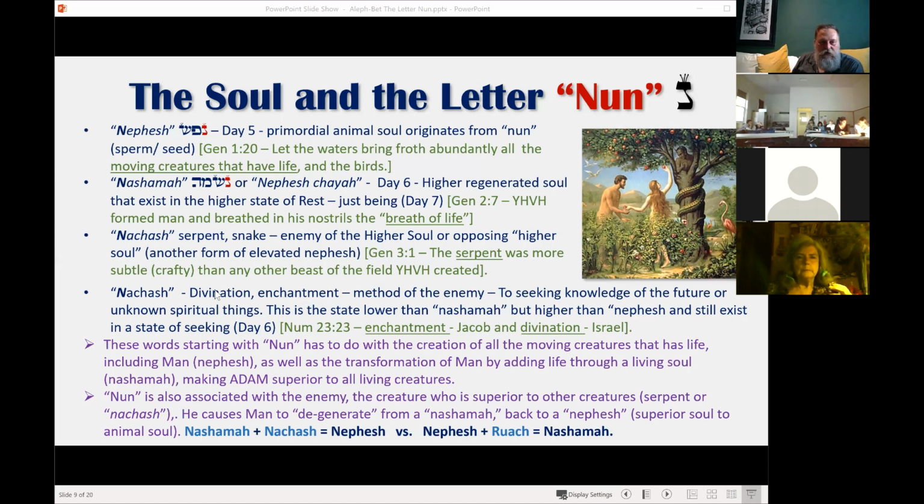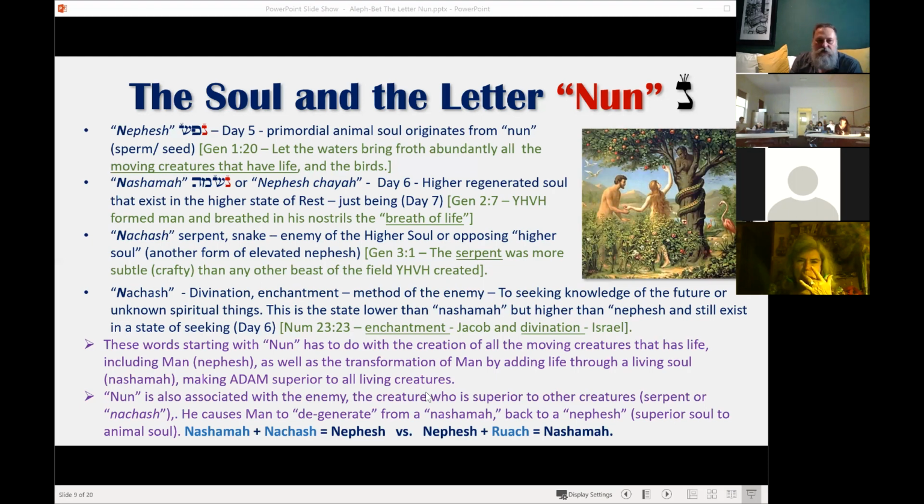And looking at the meaning of the word enchantment and divination, it means to seek knowledge of the future and to seek knowledge of spiritual higher things. So he enchanted them to say, you will be like God, which is a spiritual thing. And he also told them their future, you will not die, which is a future tense. So he enchanted them with the 2 things that intrigued them, and then he trapped them in eating that fruit. And that brought them down to a state of duality.